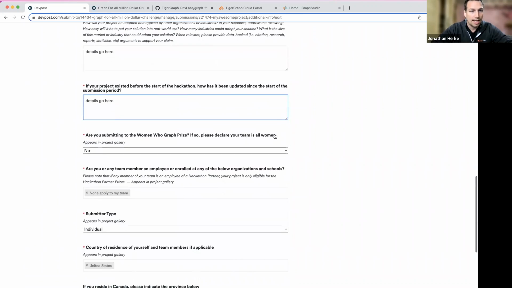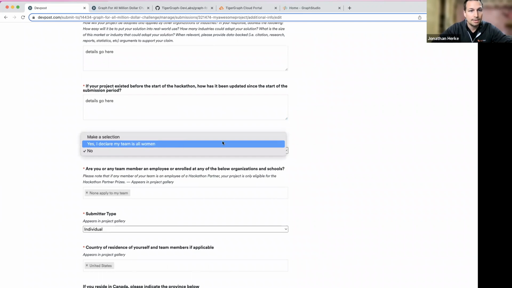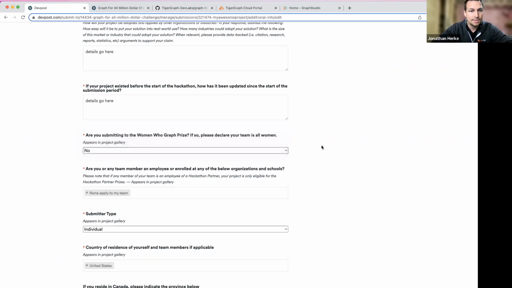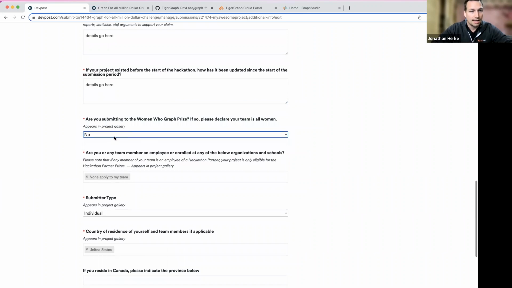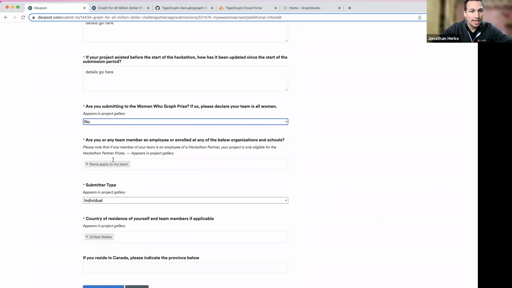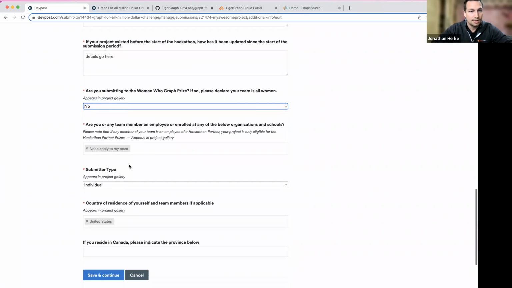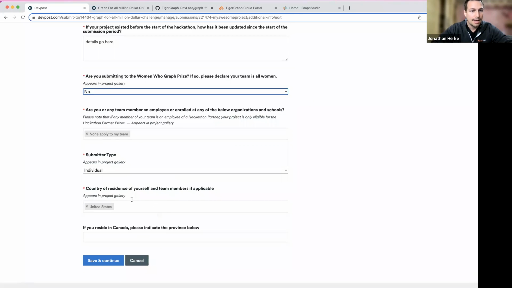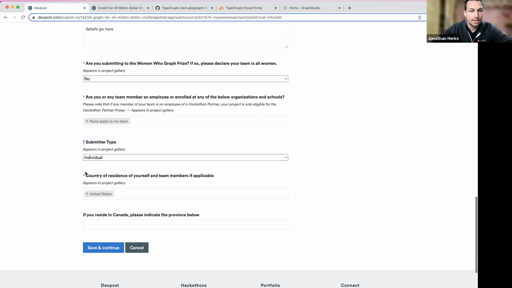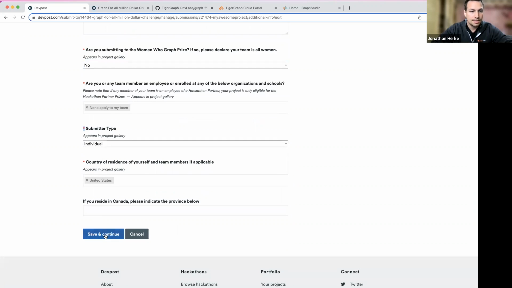Lastly, we have just a few extra steps. If you're going for the Women Who Graph prize, you can choose yes, I declare my team is all females. Otherwise, you can just select no. And then also you will want to fill out some of the additional information regarding your organization and your schools, where you're located, and pretty much every category that's denoted by this red, you'll just want to make sure it's filled out. So once you're done with this, you hit save and continue,